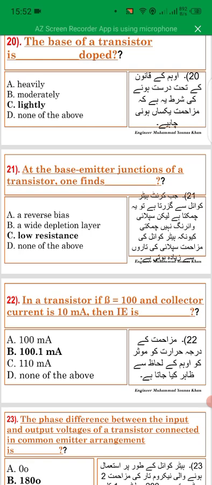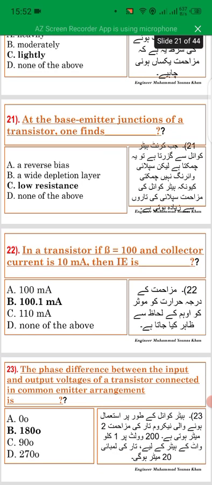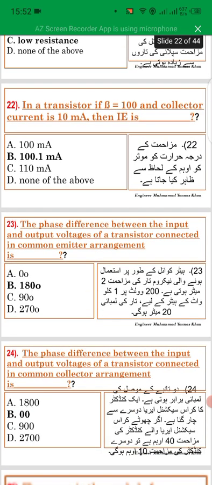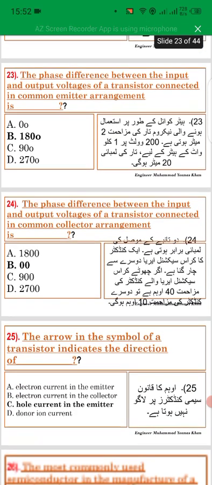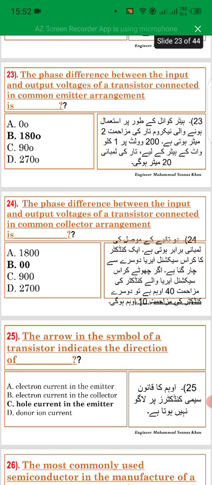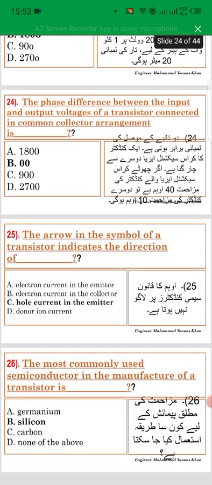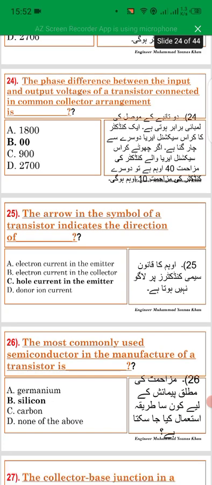At the base emitter junction of a transistor, one finds low resistance. In a transistor, if beta is equal to 100 and collector current is 10 milliampere, then IE is equal to 10.1 milliampere. The phase difference between the input and output voltage of a transistor connected in common emitter arrangement is 180 degree. The phase difference between the input and output voltage of a transistor connected in common collector arrangement